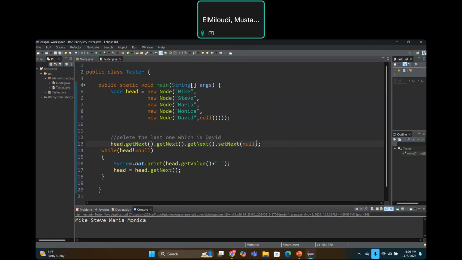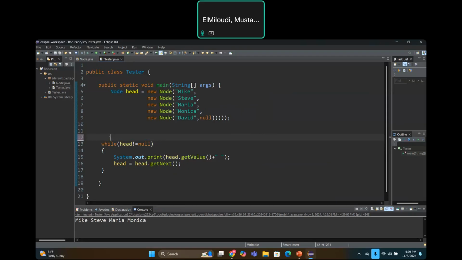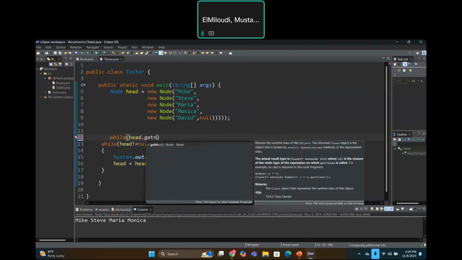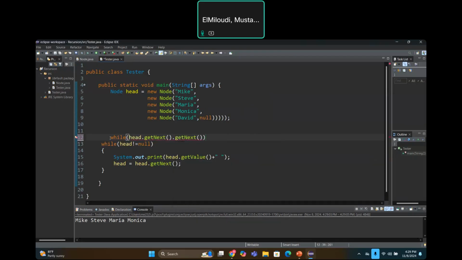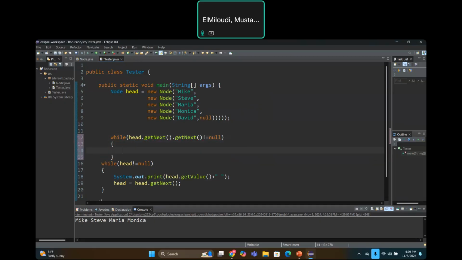Now, there is another way. What about if I don't know how many I have? I'm going to use a loop. I'm going to say while, because I want to get to the node before David. I know David is the last one, that's the one I want to remove. So I'm going to say, as long as getNext is different than null, keep moving forward. So head is equal to head.getNext,